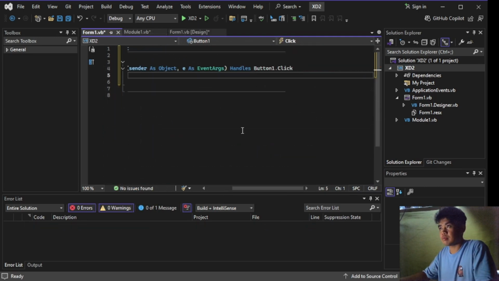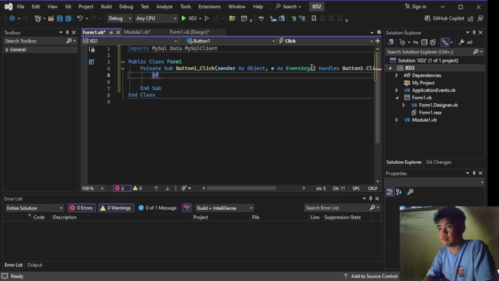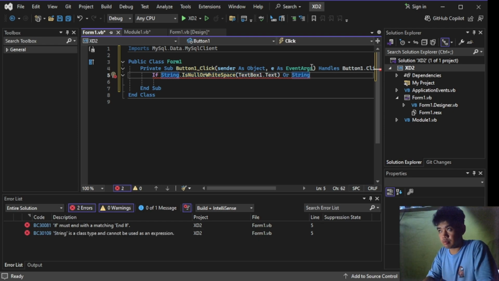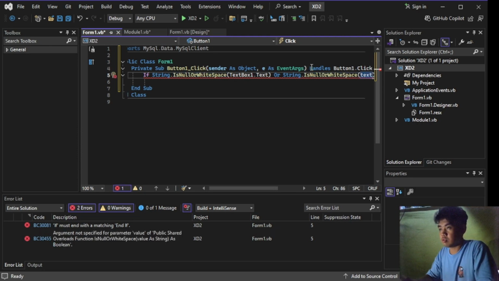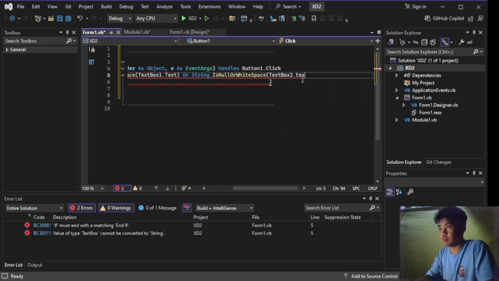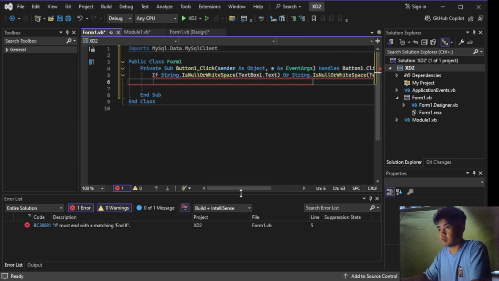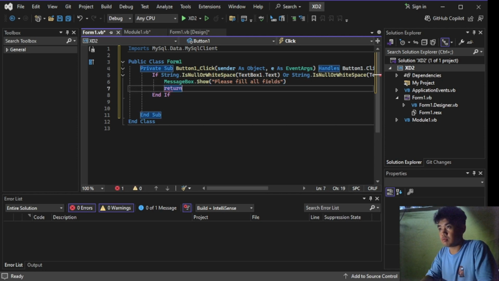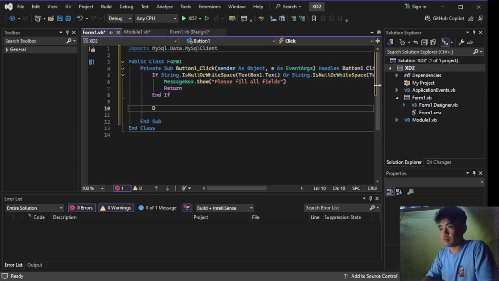Okay, so in this form, I've connected it to a MySQL database using a class called DBConnection. When the user tries to log in by clicking Button1, the app first checks if both the username and password fields, which are TextBox1 and TextBox2, are filled. If they're empty, it shows a message box saying "Please fill all the fields." And once the fields are filled, the app opens the database connection by calling the